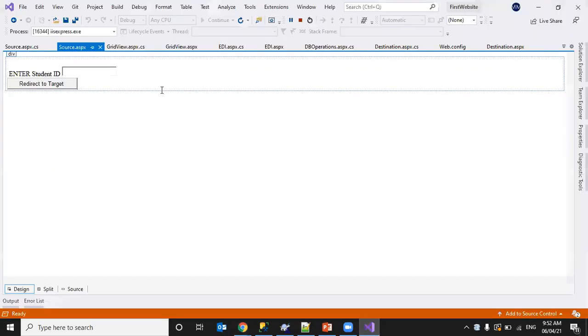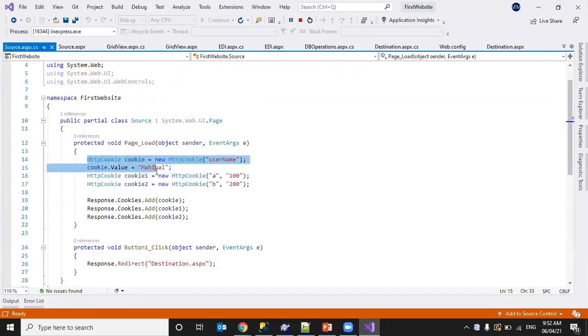From the source page, I'm sending three cookies. The first one is username, the second one is A equal to 100, and then B equal to some value. When I click that button, I'm redirecting to the destination page. See the code here.